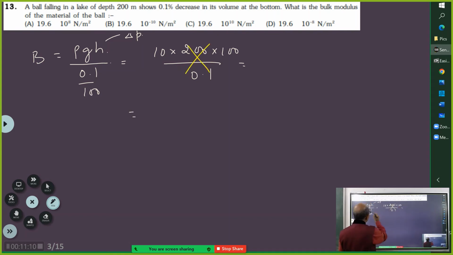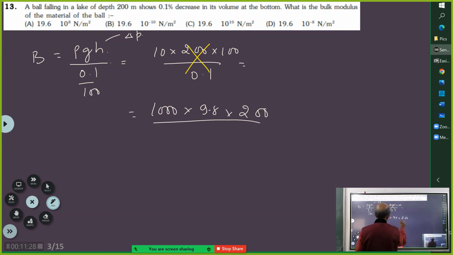So in the SI system, what will be rho? 1000 kg per meter cube. Take it as 1000 kg per meter cube into G, which is 9.8, and H is 200 meters, divided by 0.1 into 100. I will pull the 100 up. Now you will get it as